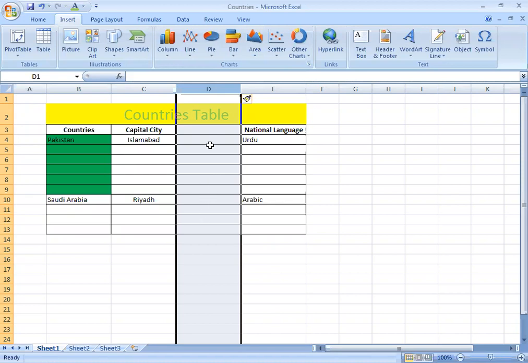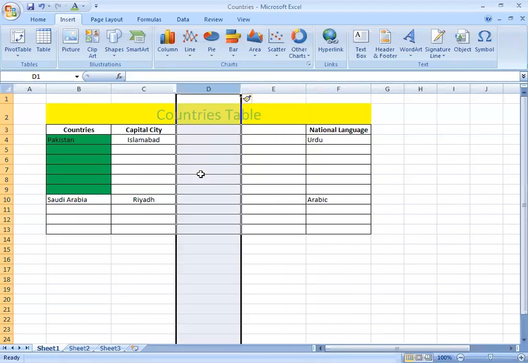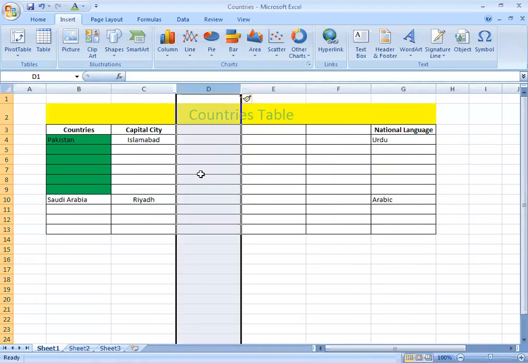Now, if you want to insert more than one column, after doing this, you will press just F4. See this, I'm pressing F4. A new column is inserted. Again, I am pressing F4. A new column is inserted, right? So in this way, you can insert columns and rows.